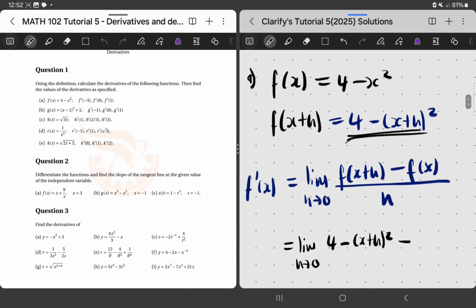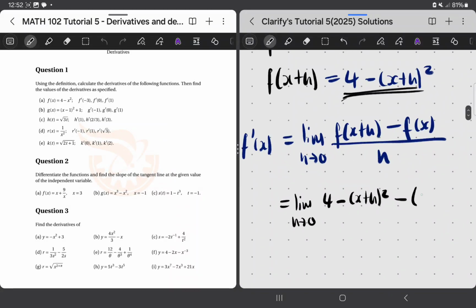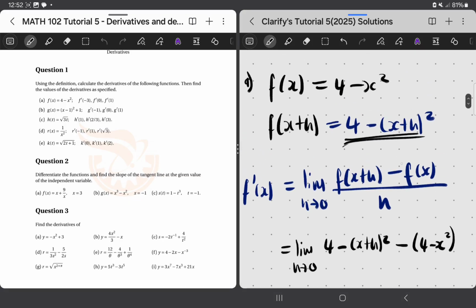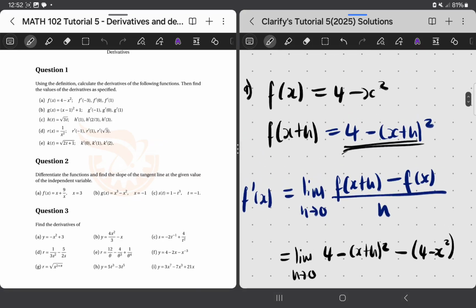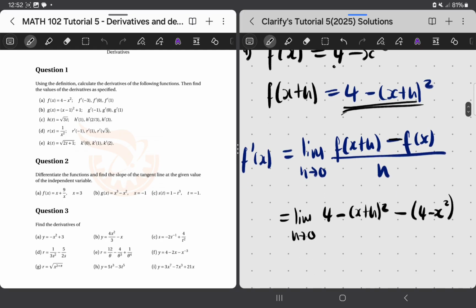Then minus, what is f of x? It is 4 minus x squared. We are subtracting it, so this minus is coming outside of f of x, which is this whole thing. Make sure that this whole thing is affected by the minus, because it's a minus f of x. So you say minus, then you put your f of x in a bracket after that minus,